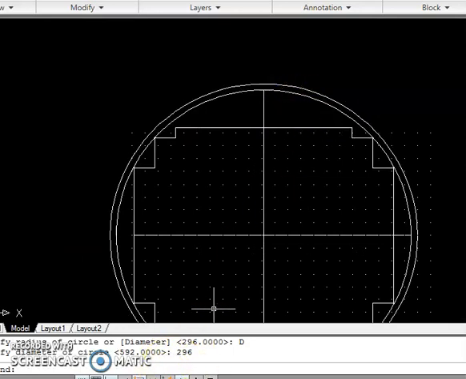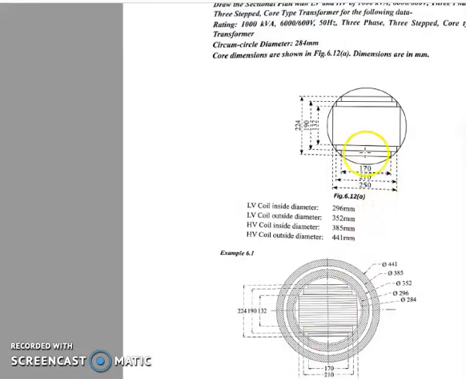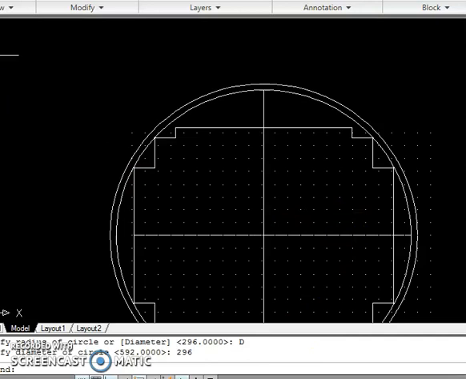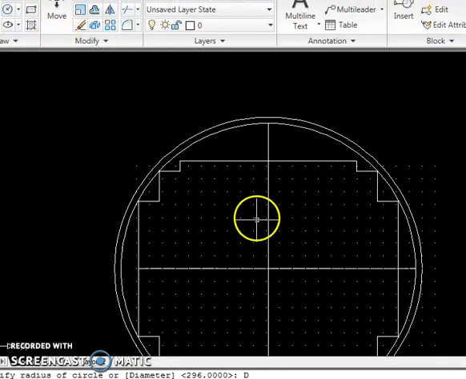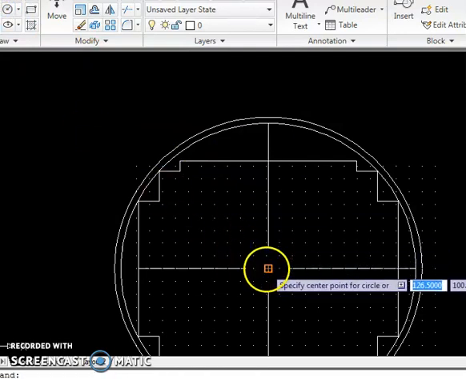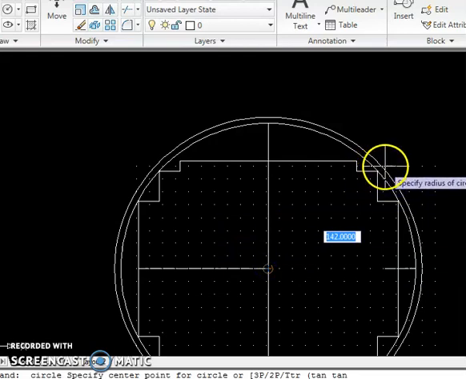Same way, the LV winding outer diameter. See here, it is given 352. So this is 296 and this is 352. Same here, go to the circle option, click here, go to the center.